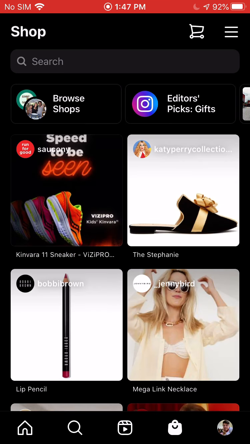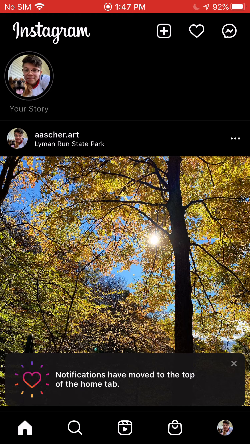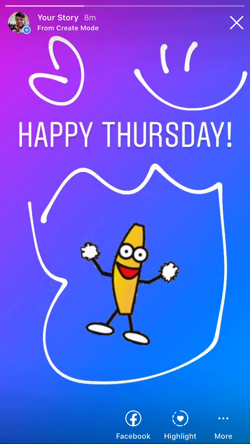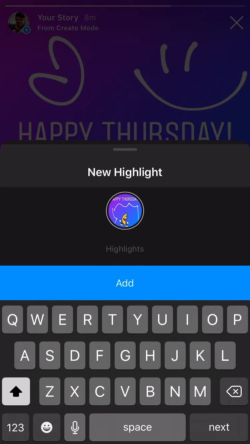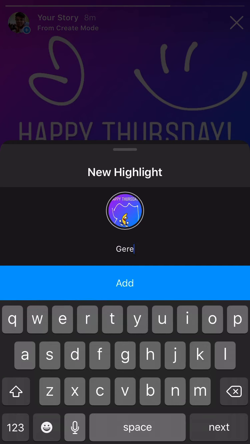We're going to tap that little circle, and it's going to give us the prompt to add a new highlight. The title here where it says highlights, that's what people are going to see when they go to your profile. That's what the highlight section is going to be called. So in this case, you might want to call it something pretty generic because this is just a Happy Tuesday post. So I'm going to call this highlight section general